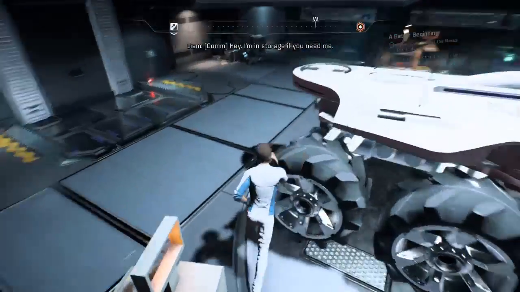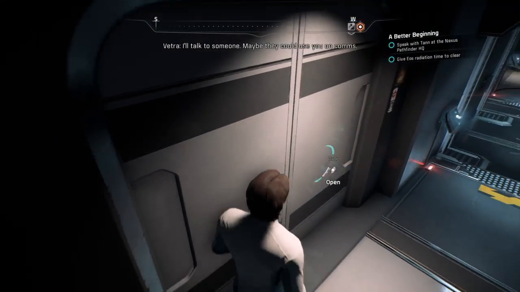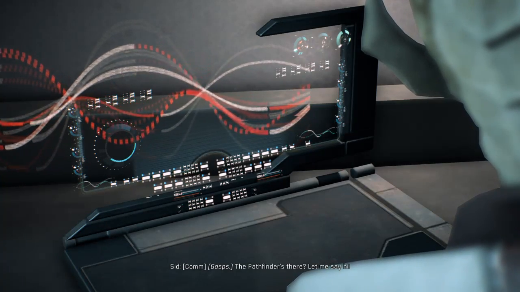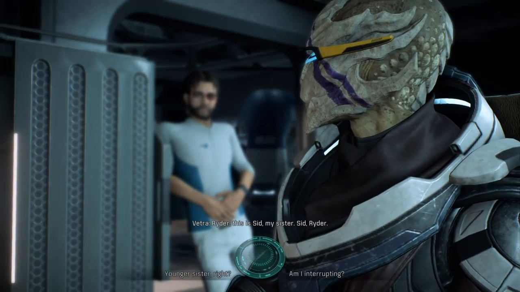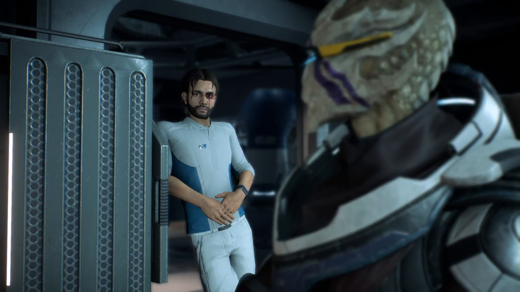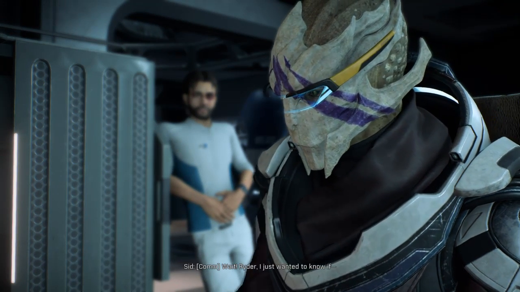I'm in storage if you need me. I'll talk to someone. Maybe they could use you on comms. Oh, hey, Pathfinder. The Pathfinder's there? Let me say hi. Fine, but don't embarrass me. Ryder, this is Sid, my sister. Sid, Ryder. Hope I'm not interrupting something important. Not at all. We were just finishing up. Wait, Ryder, I just wanted to know if...